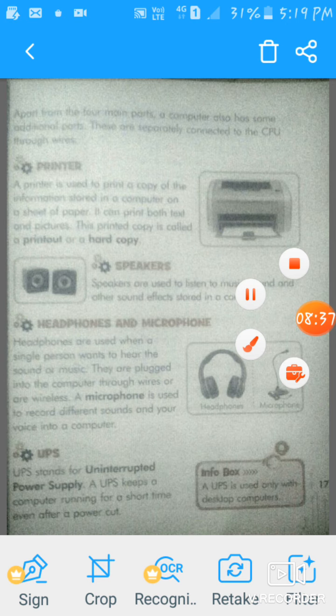They are plugged into the computer through wires or are wireless. A microphone is used to record different sounds and your voice into a computer.